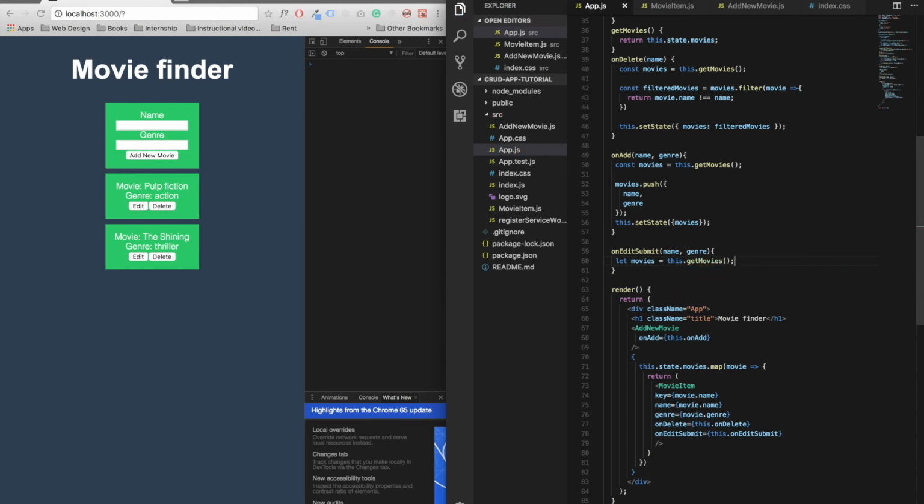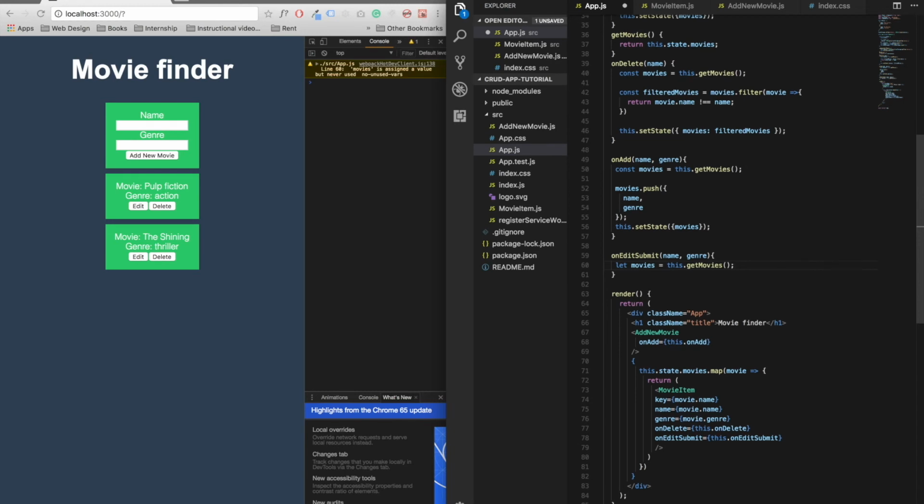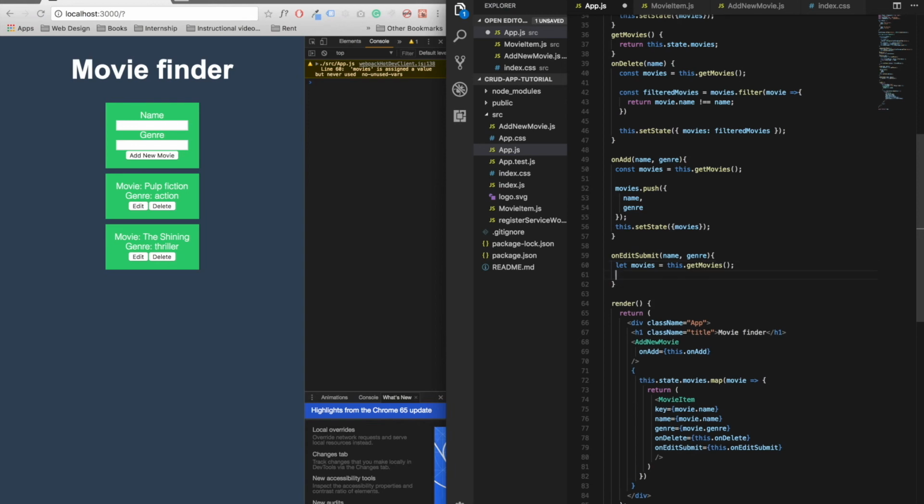So we'd get the movies, and for each movie we'll say that if the movie name is the same with the one we pass in, then we will set the movie name and the genre to the new value of the input. So movies equals movies.map,